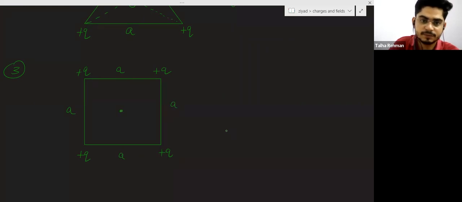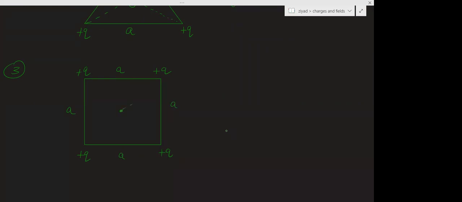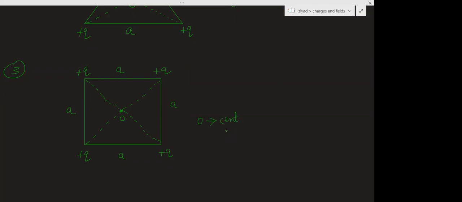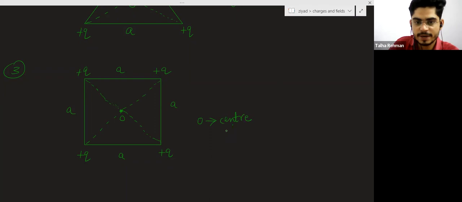We have discussed this center of the square. These dotted lines are straight lines. O is the center of the square, and this center is the neutral point